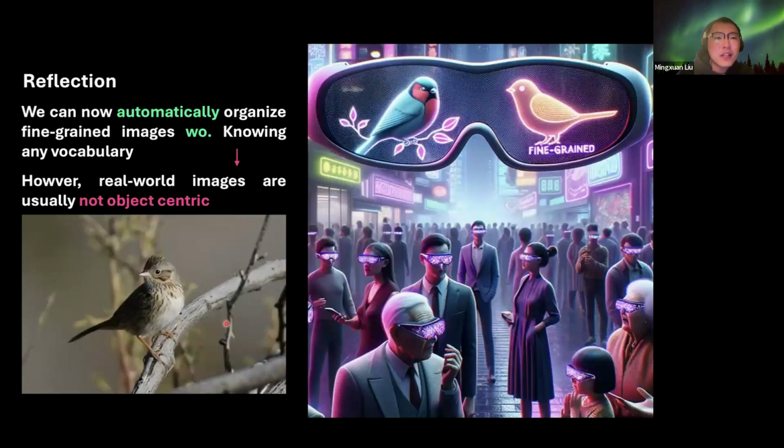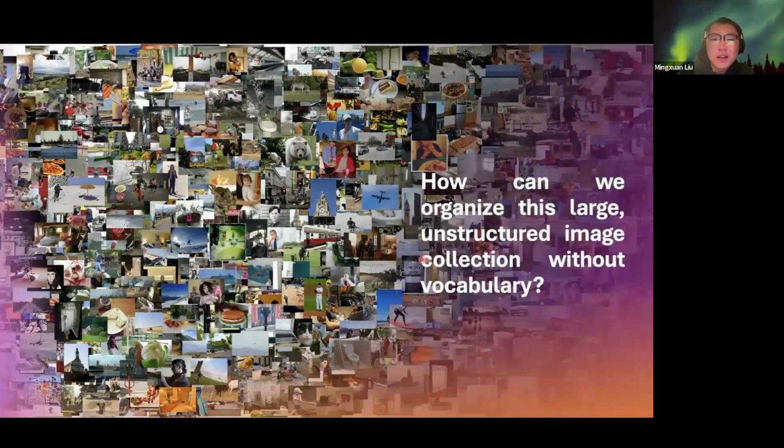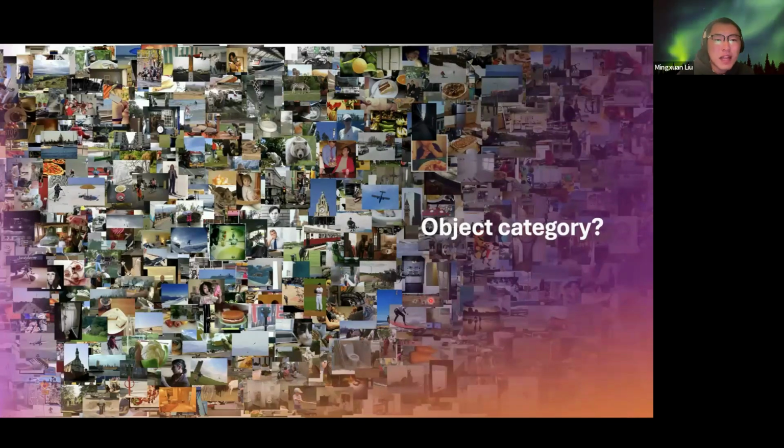So now we can actually have a system to automatically categorize fine-grained images without actually knowing the vocabulary. However, in real-world images, not all images are object centric. For example, like this. There is no guarantee that each image contains a primary object, right? And if we want to organize these images, how can we do that? Because we can organize these images based on many dimensions. For example, object category, or